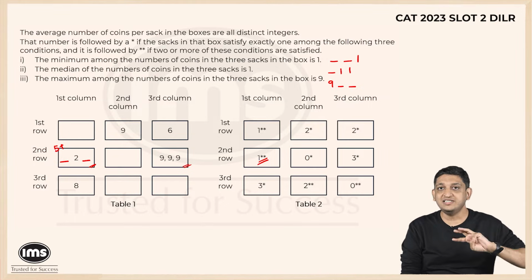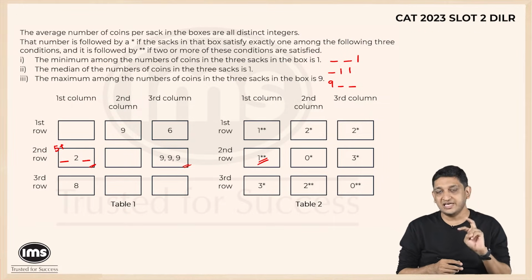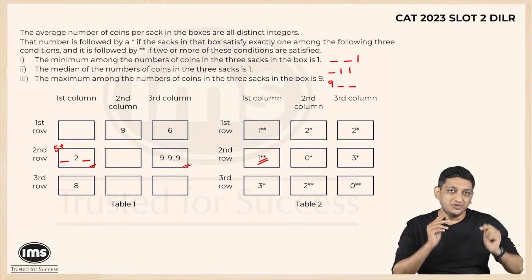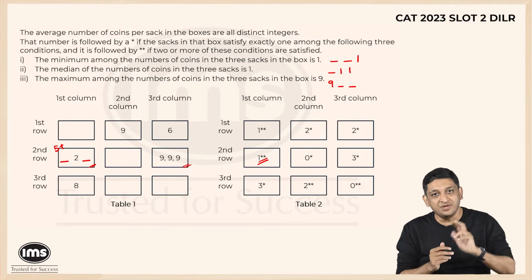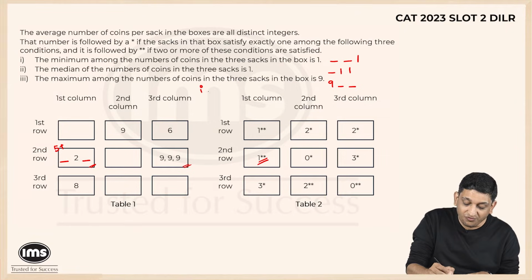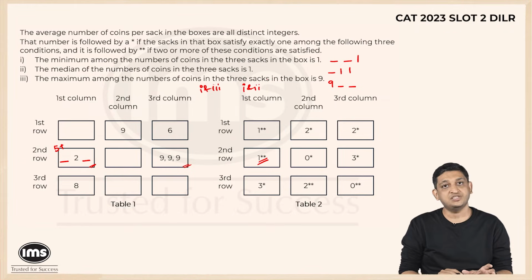We know that all 3 statements cannot be simultaneously true, because then it will not give us a multiple of 3. So I know for sure that if 2 statements have to be simultaneously true, and if condition 2 is true, then condition 1 automatically becomes true. There are 2 ways to look at it. Either conditions 1 and 3 are true, or you can say conditions 1 and 2 are simultaneously true.